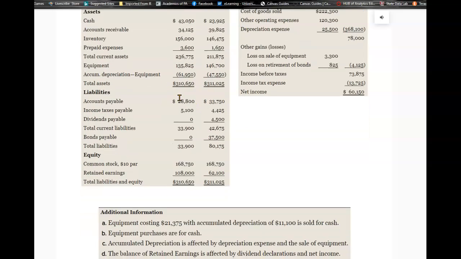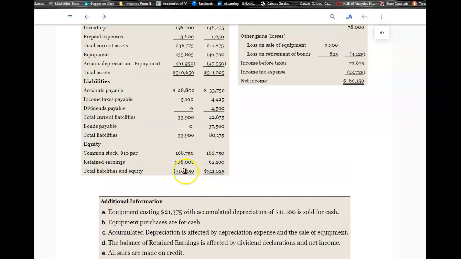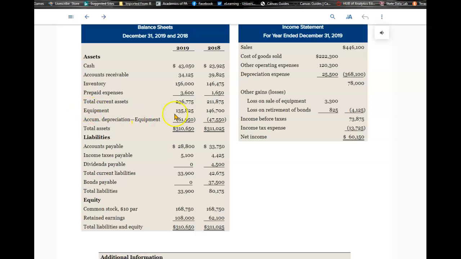So what else do they give us? Well, some additional information. The first one, A, equipment costing $21,375 with accumulated depreciation of $11,100 is sold for cash. B, equipment purchases are for cash. Why is that significant? Both of those pieces of information are important. One is you're going to be trying to understand why equipment has changed from $146,700 to